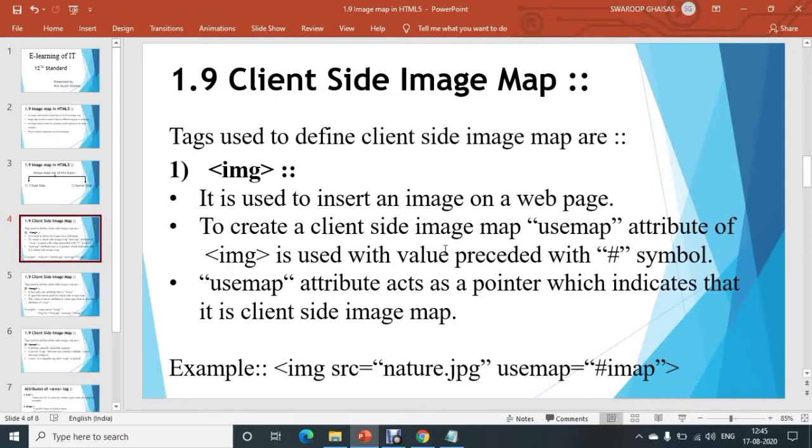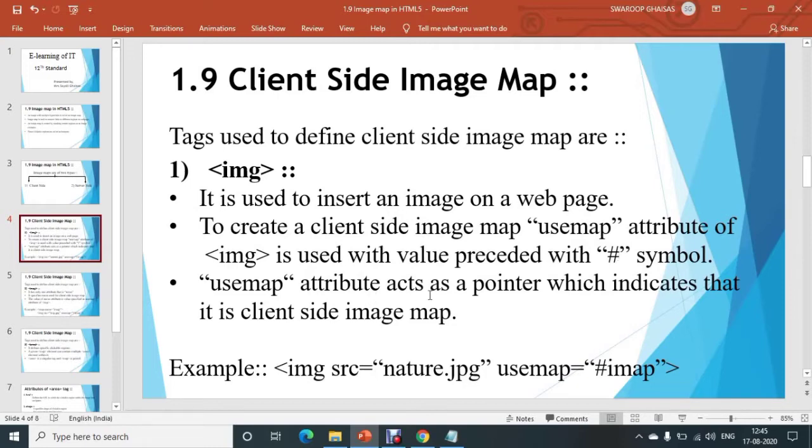To create a client side image map, one more attribute is used with the img tag, that is the usemap attribute. To specify that it is a client side image map, the usemap attribute is used with the img tag, and the value of the usemap attribute is always preceded with a hash symbol, and that value can be any name, that is the name provided in the map tag.